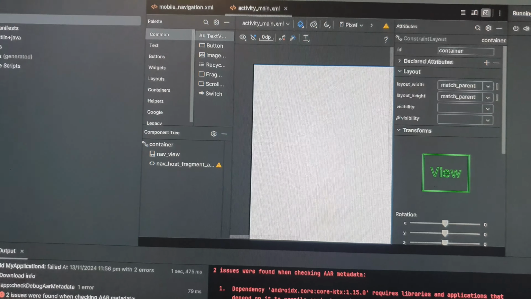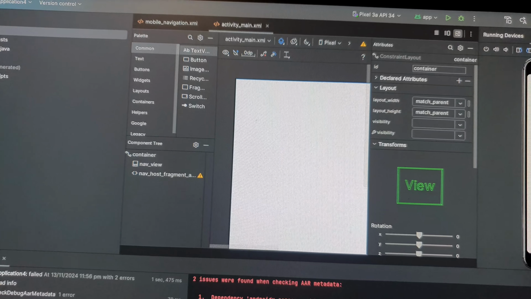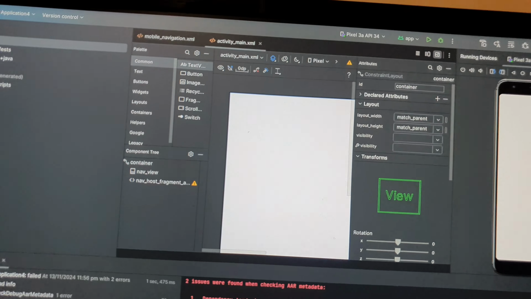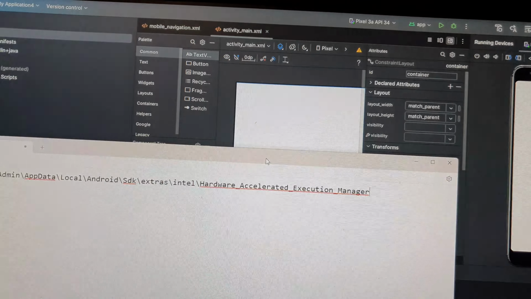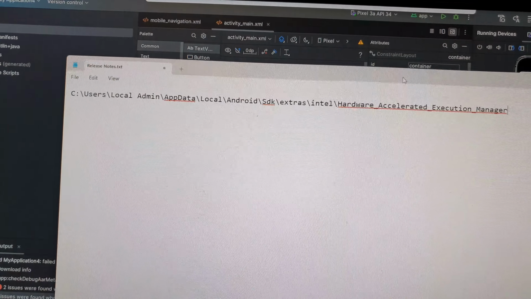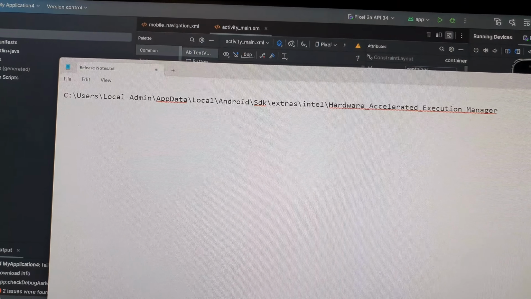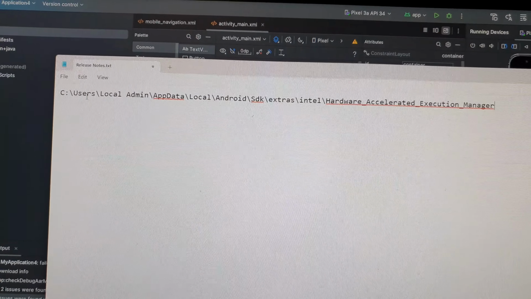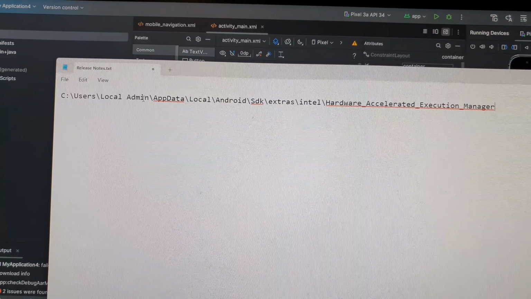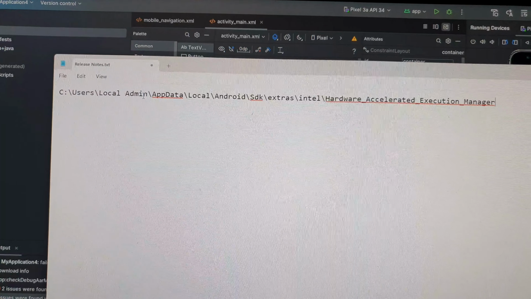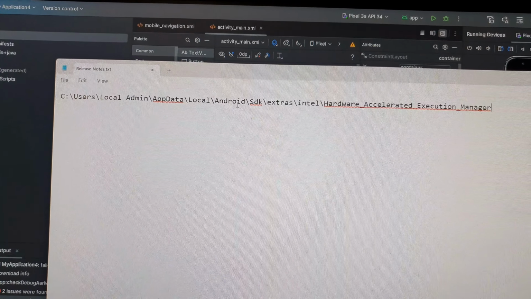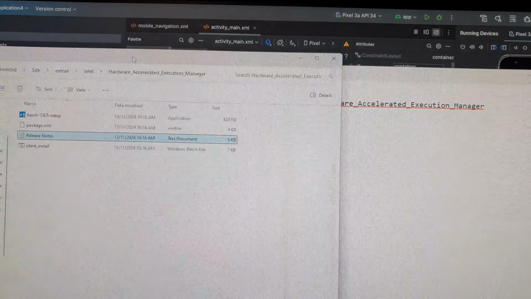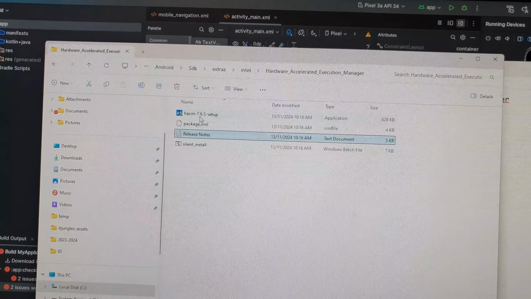Okay, so if you have already gone to BIOS and turned on the Intel feature, and if you still have an issue, then the next thing that you can try is to go into this folder here. So open up your Windows Explorer and you go into C drive, user, and then your username, and then AppData, Local, Android, SDK, extras, Intel. So you follow that path and then you go in here and you want to open up